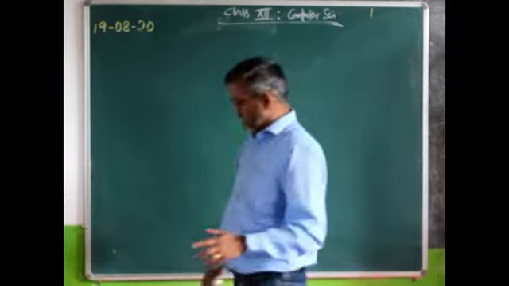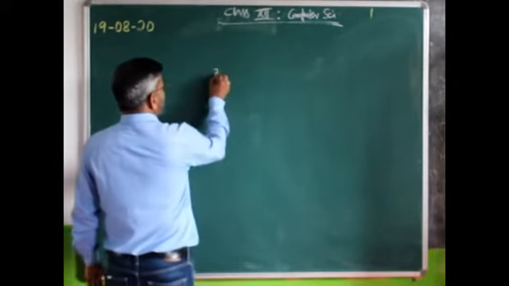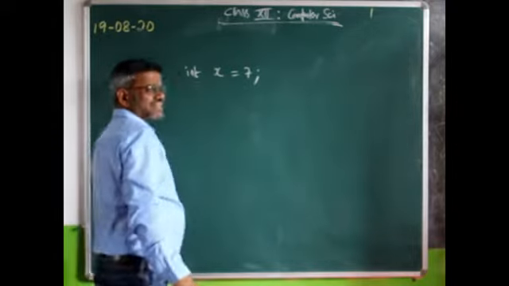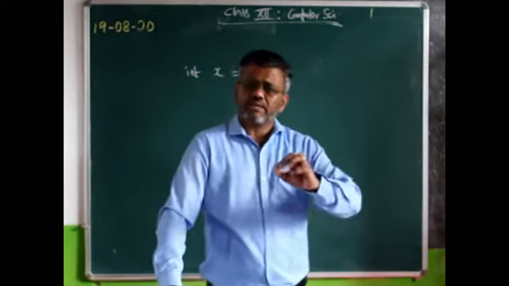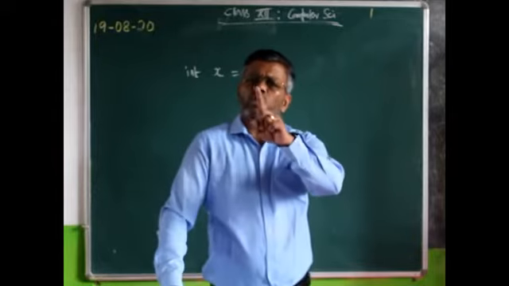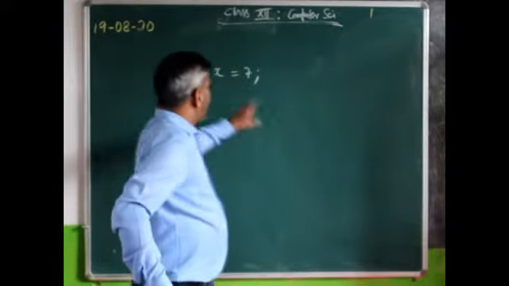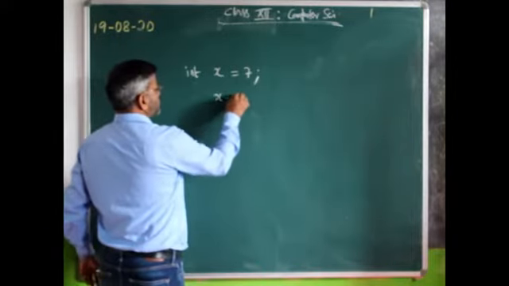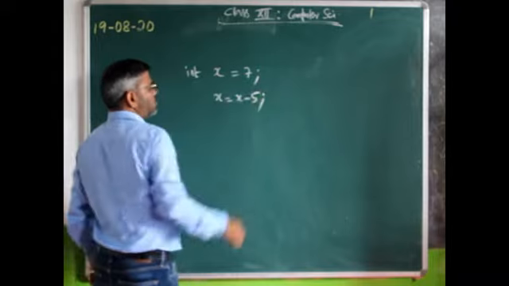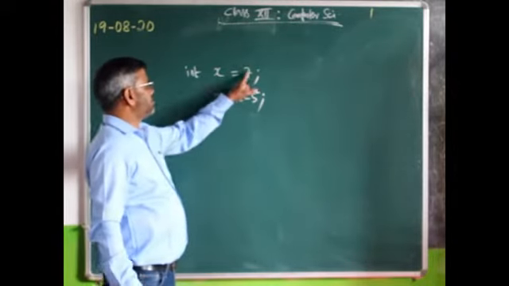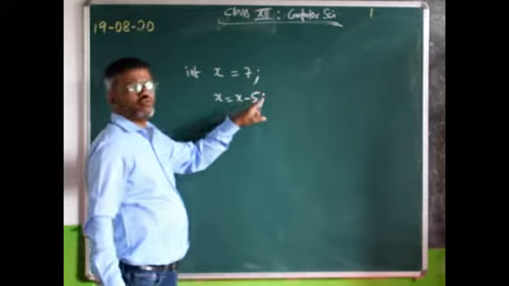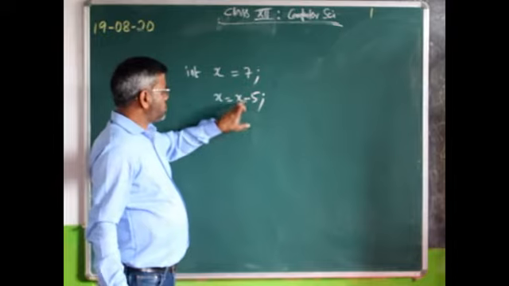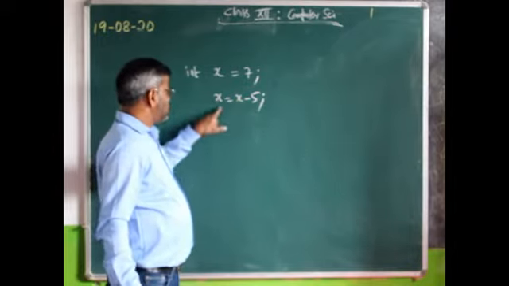How does the array look? First, consider a simple variable or a single variable. What do you mean by that? It can hold only one value. Whenever I call the X value, it will give 7. After this, X is equal to X minus 5. Whatever the value of X is gets substituted. 7 minus 5 would be how much? 2. It was 7. Once we execute the statement at this place, from now onwards the value of X would